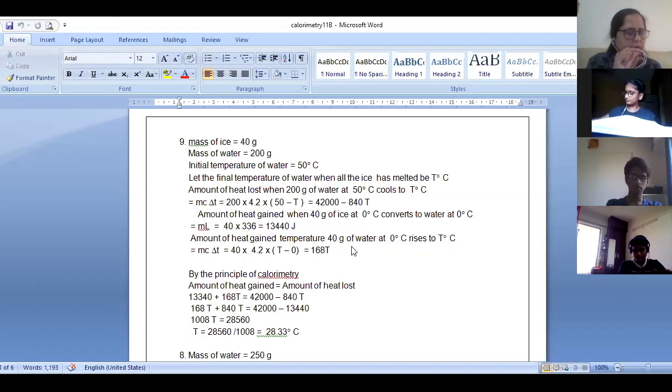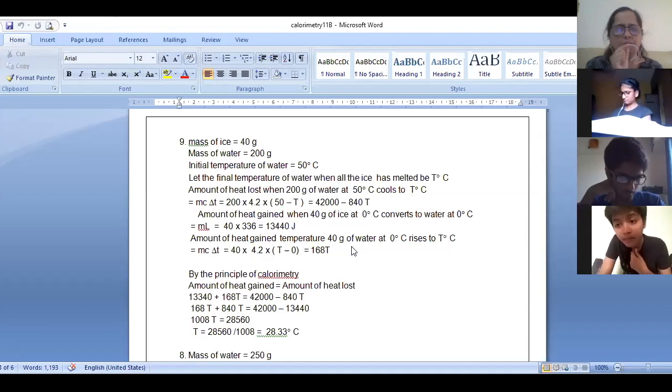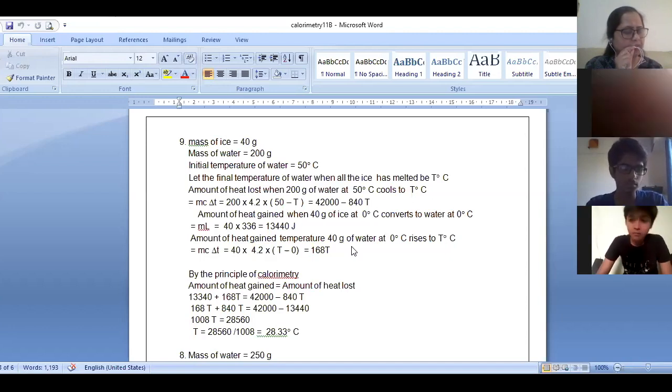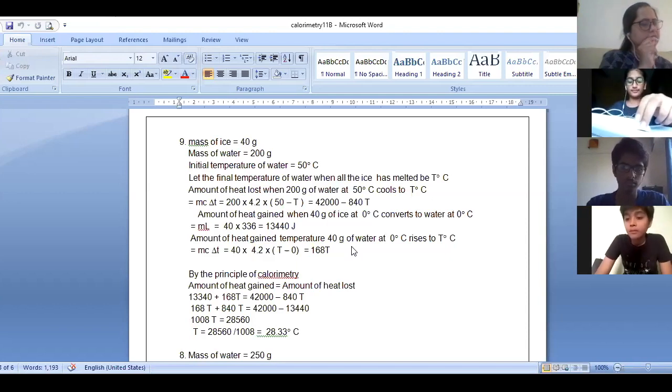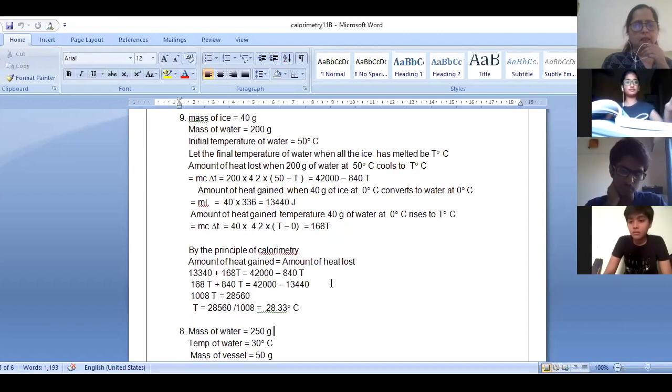Okay. Now there is an 8th question. I don't know, Mariam, please tell me which question it is in your book. 250 gram of water at 30 degrees Celsius is contained in a copper vessel of mass 50 gram. In my book, this is the 8th question. In your book, Mariam? It's the 11th one. Okay, I'm reading the question. 250 gram of water at 30 degrees Celsius is contained in a copper vessel of mass 50 grams. Calculate the mass of ice required to bring down the temperature of the vessel. 11. Are you sure? Okay. So yes, I will put it as question number 11.